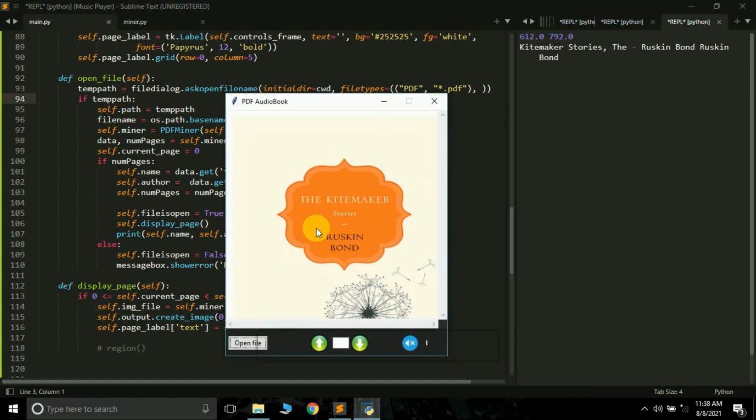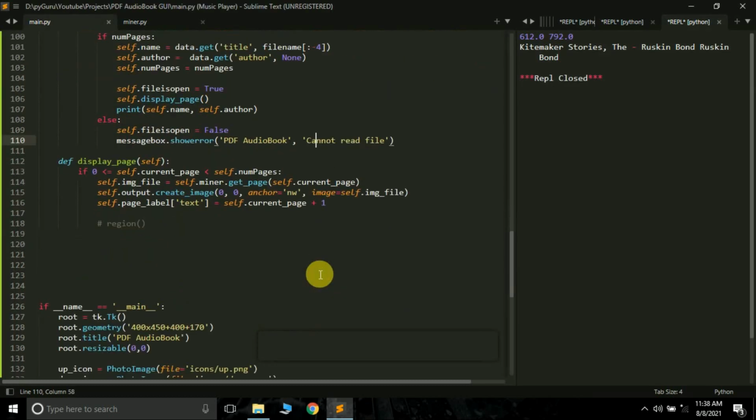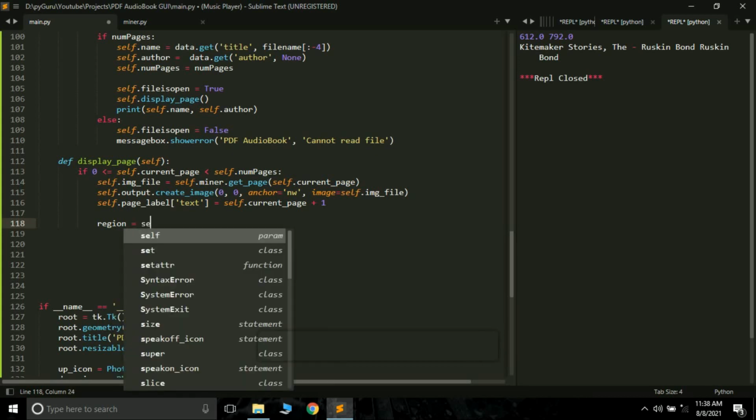Yep, so it's working fine. Okay, we are able to see the image, but again see there's no scrollers here. Because we have to do one thing here. If you want to be able to scroll our image or canvas, what you have to do is create something like this. Region equals